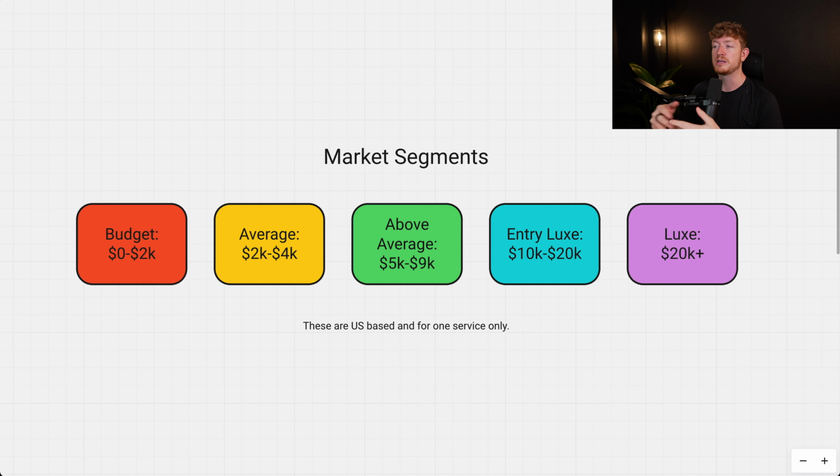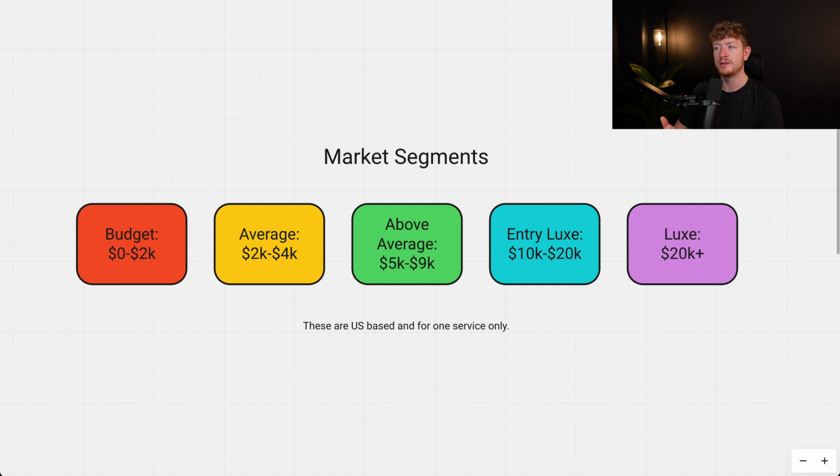Now, the above average market, which some people call the higher-end professional market. There are different terms for it. To keep it simple, I called it above average, because that's what it is: 5K to 9K. Personally, this is my favorite price range to price in, because you're not really working with the luxury types of clients or weddings, which I personally don't want to. I know a lot of you do, and that's fine. Go for it. Me personally, I like to stick in the above average market. So it's between 5K and 9K. This is also where most of my clients in the program price themselves, and it's a great market.